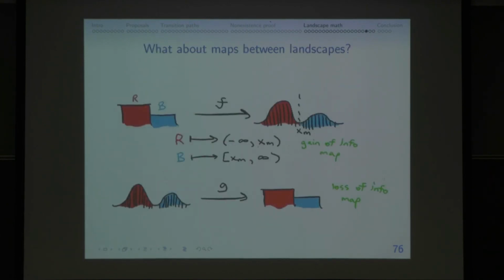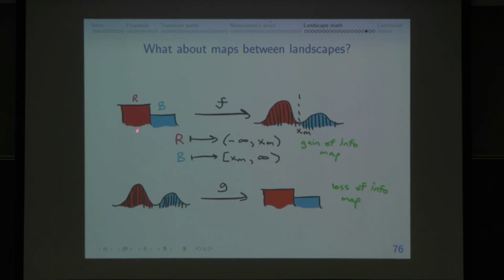And let me just end by saying the following. In math, when people define some kind of object, it's often nice and informative to think about what it means to have a map between those two different objects. For example, groups or rings or whatever you like. And if we think about what landscapes are and how we see them in practice, quantifying our ignorance about some sort of stochastic system, there is some intuitive notion of a map between landscapes. For example, I can imagine a two-state system